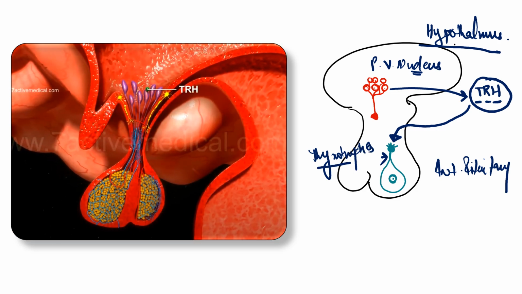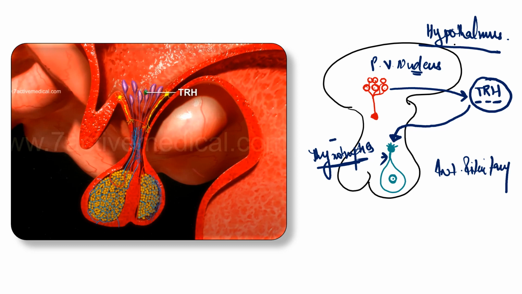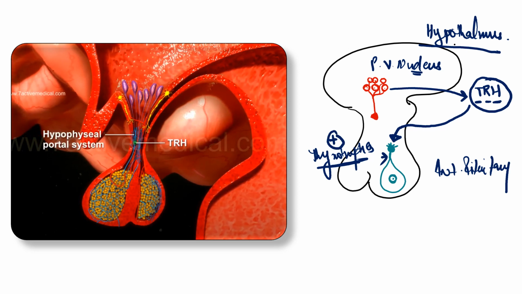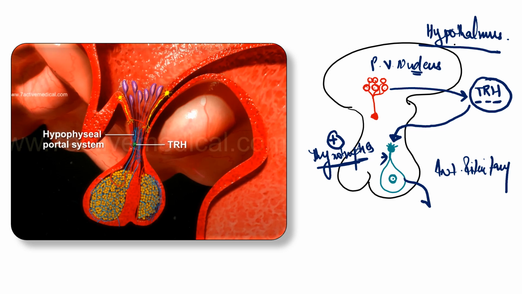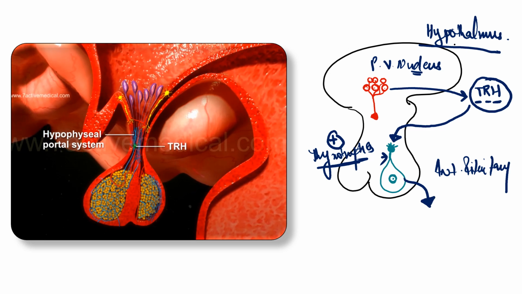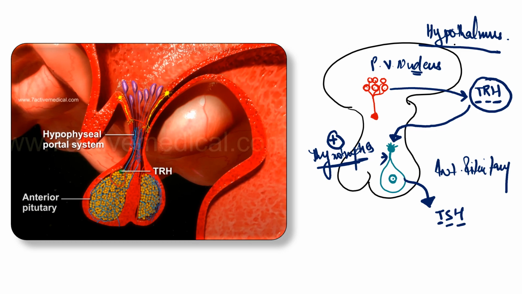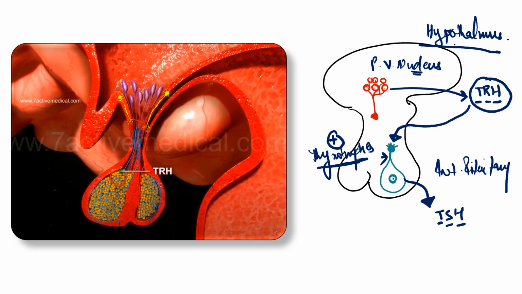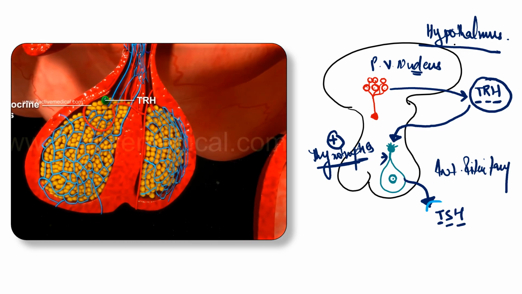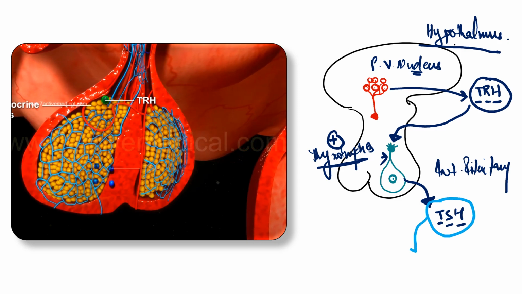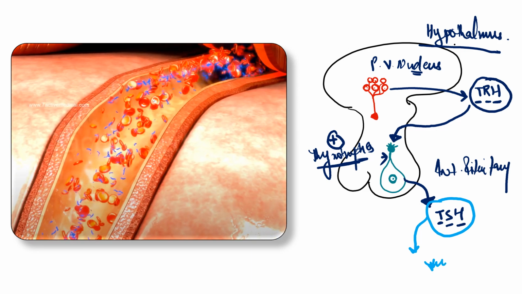Once these thyrotropes are stimulated by the TRH, this anterior pituitary will now release a specific hormone, and a very important hormone called as the TSH, standing for thyroid stimulating hormone. This thyroid stimulating hormone will now travel through your blood to the thyroid,